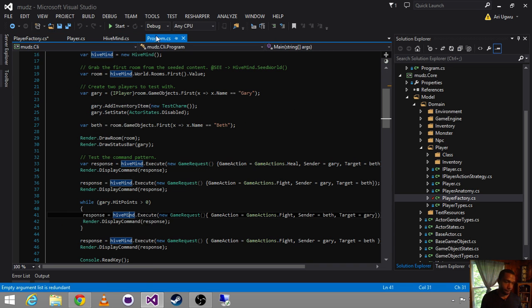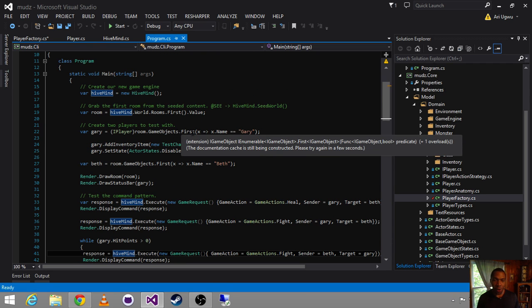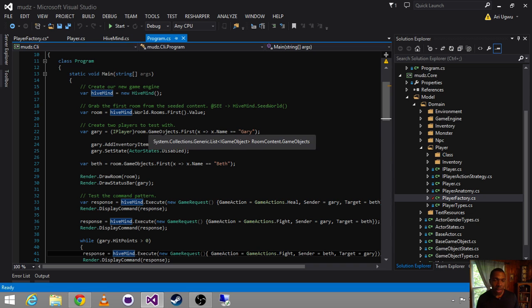So, if we look at our game objects, when we want to grab something from the game objects, we're going by the name, which is fine, but if we apply the flyweight pattern, let's go into HiveMind.